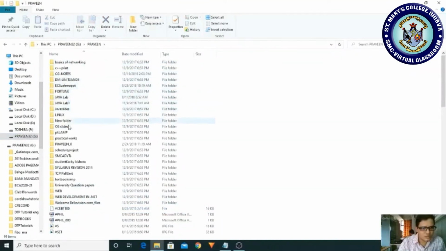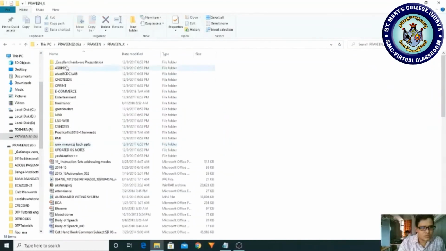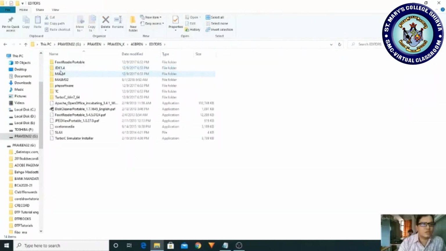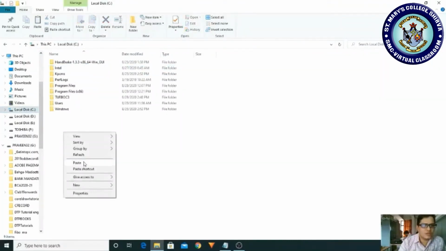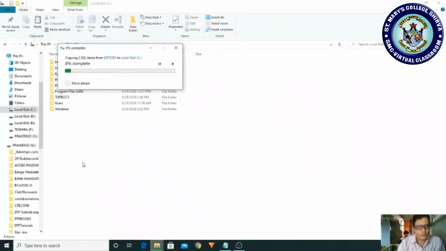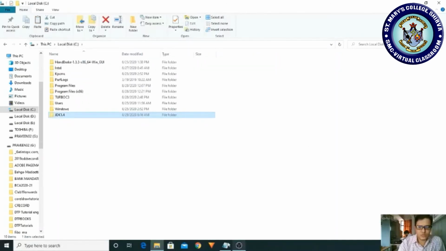It is not there. Yes, in the editors I have the JDK 1.4 folder. Okay, I am copying it and placing it here in the C drive. Once it is copied, we confirm that our folder exists.